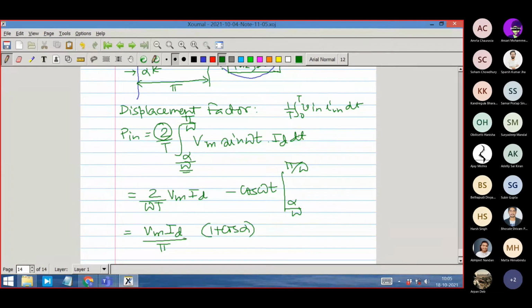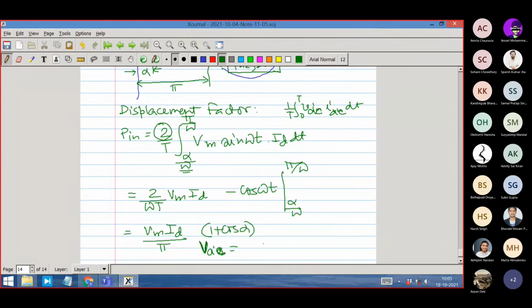So the next quantity that we need to find out is the RMS voltage of the input fundamental. The input side voltage is sinusoidal, so there is no question of harmonics here. So the fundamental voltage itself is of the expression Vm sine omega t. So the RMS value of this, I will write VAC, sorry, VAC, so capital VAC implies the RMS value. So the RMS value is nothing but Vm by root 2.